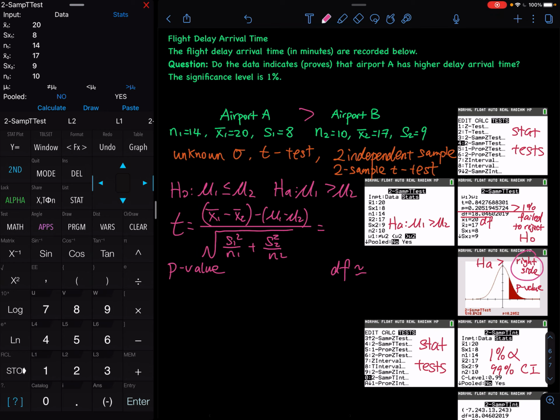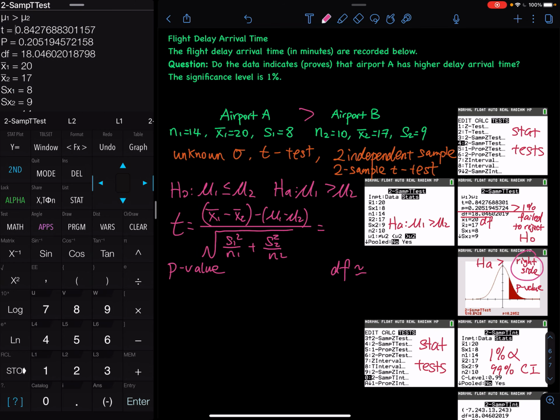So let's see on my calculator. Once I hit calculate, I get the t, the test statistic. For myself, I usually keep that to 3 decimal places, so I will write 0.843. But if you are doing homework online or on paper, and your instructor wants you to give 4 decimal places, then you write 0.8428. And then the p-value, I like 4 decimal places,